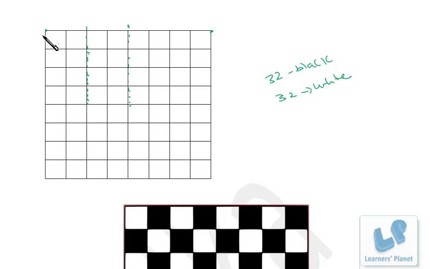Now out of these 9 points, if I select any 2 points from a row, suppose I selected these 2, right? And out of these 9 points, I select any 2, suppose I select this and this, right? Now I selected these 2 from the row and these 2 from a column, like verticals. So if I match them, I'll be getting a rectangle.